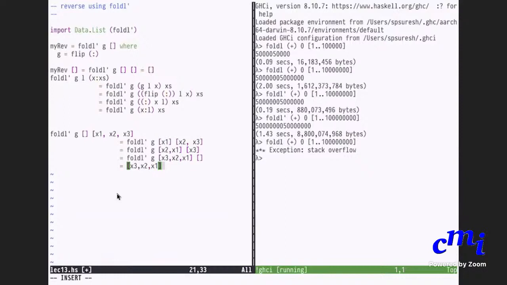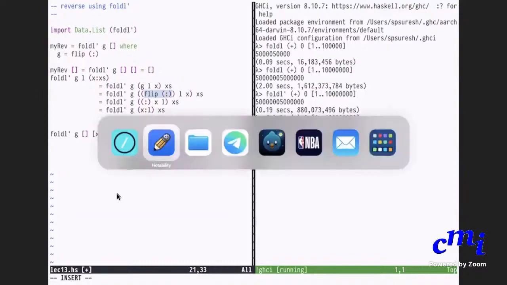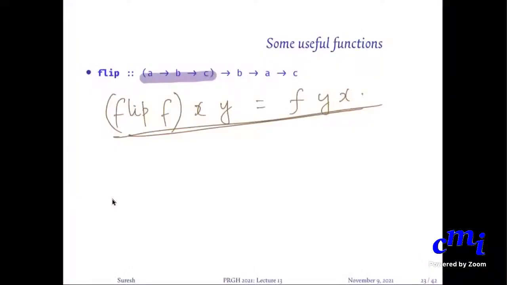So this is how you reverse a list, and the point being that you use flip, which is a very useful thing. Sometimes whatever you do using fold R, if you want to do it with fold L, sometimes you might have to do a flip of that. Which is the point that I want to make here.